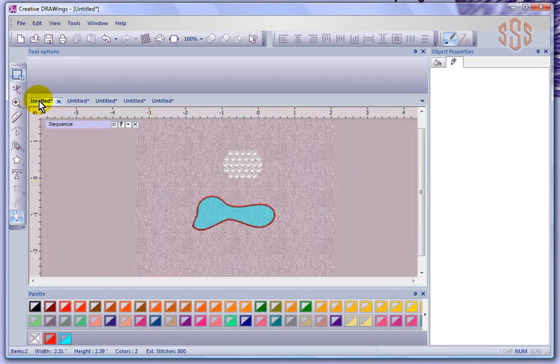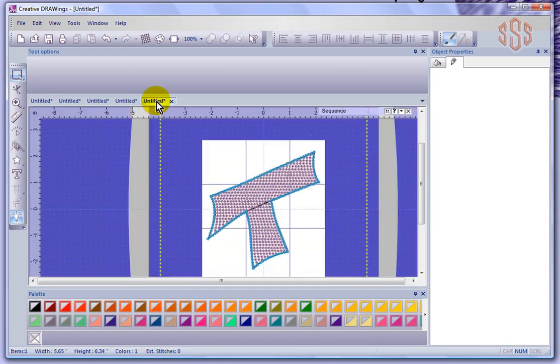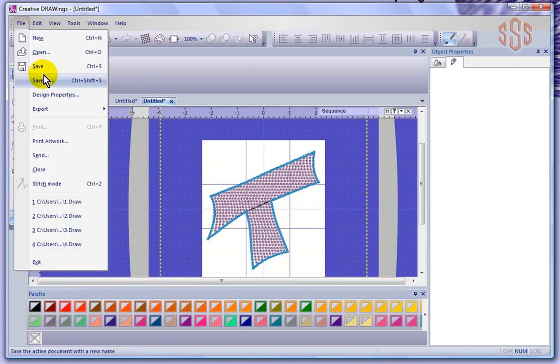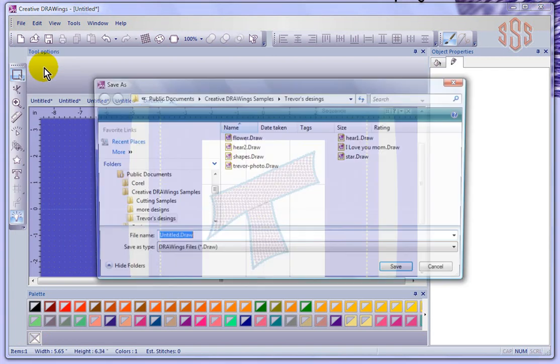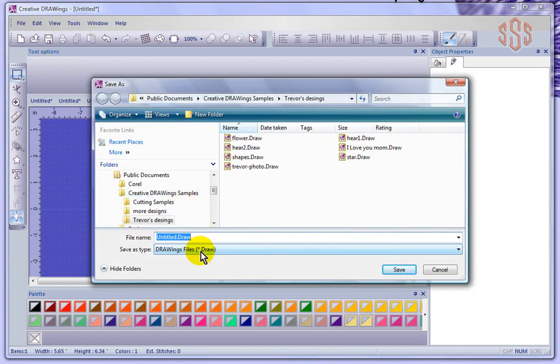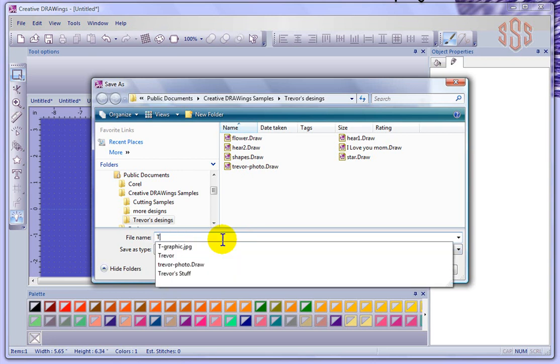And so if I wanted to save those, then I would need to do exactly that, save the designs. So for example, with the T that I just created, if I come up to here and choose File and then choose Save, it by default wants to save it as a draw file. And draw files are the important file for you using the creative drawing software. That's your work. And I could call this,